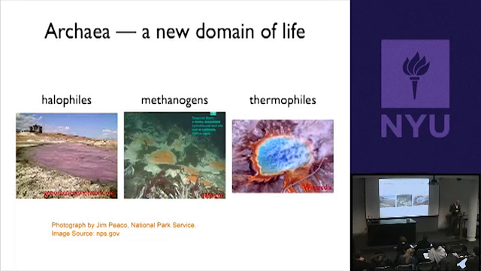Okay? Another really interesting group of these Archaea are what are called thermophiles. They live in really extreme temperatures. So this is Yellowstone National Park. It looks like some crazy hallucinogen-induced painting, right? But this is actually an aerial view of a real place. Okay, this line here, just to orient you, is a path, and there are people walking on it. Okay, so that's the scale of what you're looking at, right?